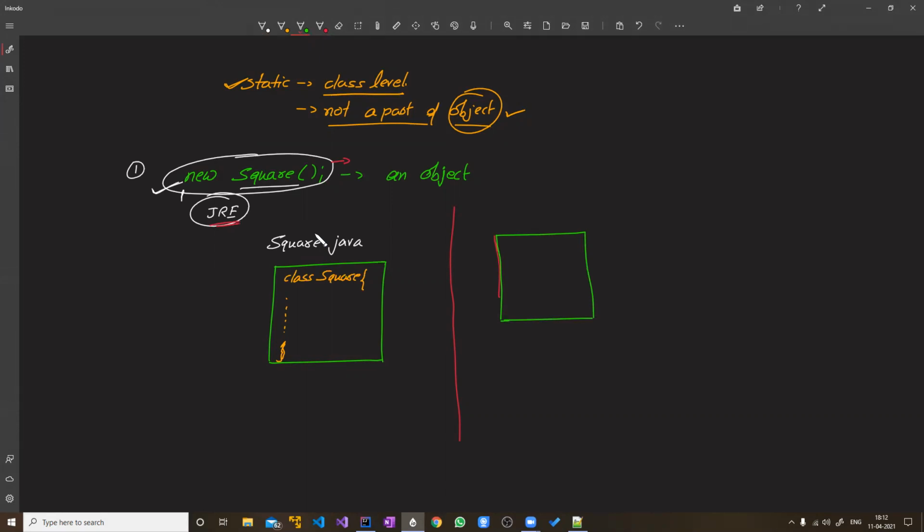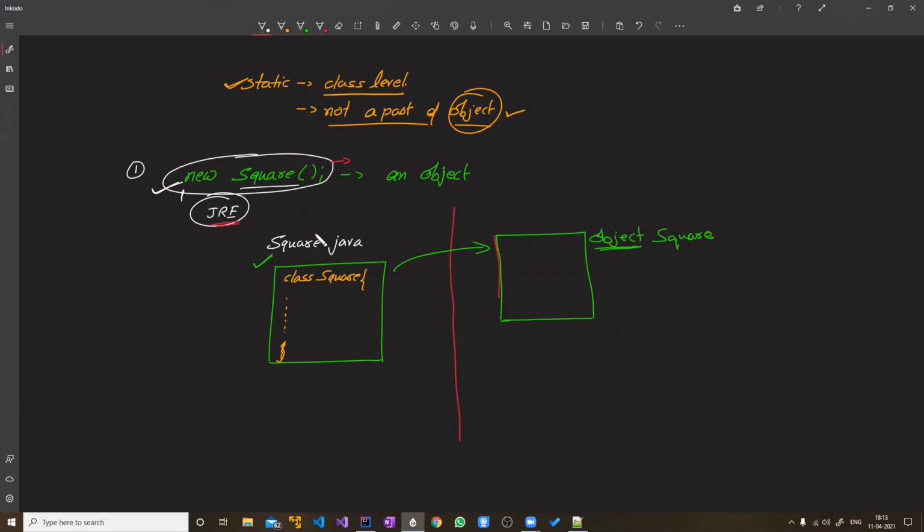So this is the object, of what type? Of type Square. So this is an object of which type? Of this type, right? So this is the object and this is the class.